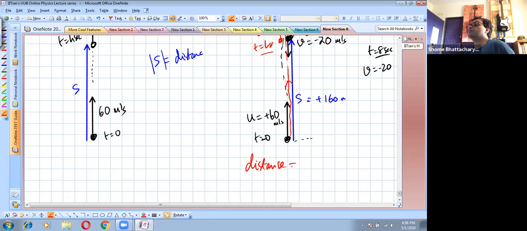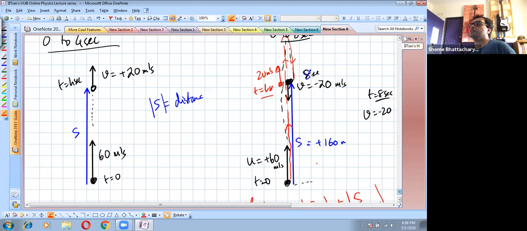will not be directly the magnitude of displacement. This will be the displacement from 0 to the maximum displacement point, the highest point, and then add to that the magnitude of displacement from the maximum to 8 seconds, whatever that is. So that will ultimately come out to be greater than 160. When I do the calculation, I'll show you it will come out to be